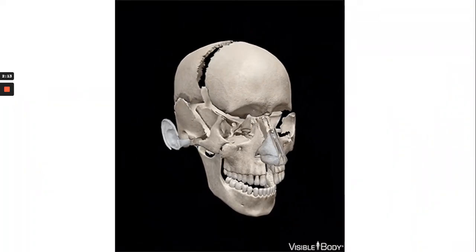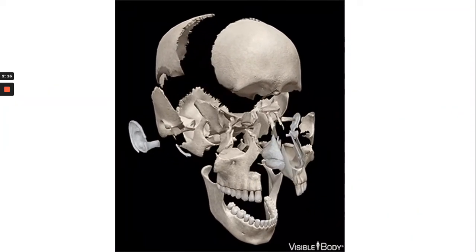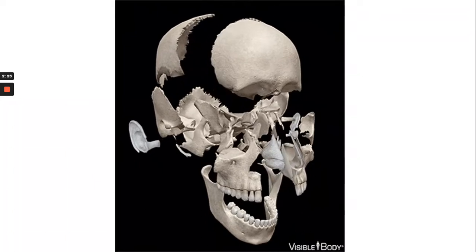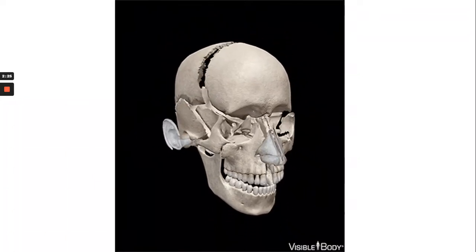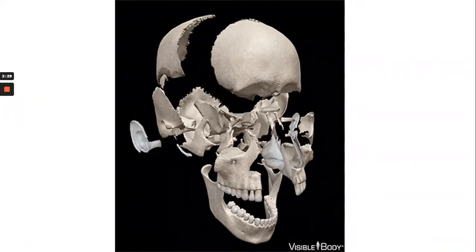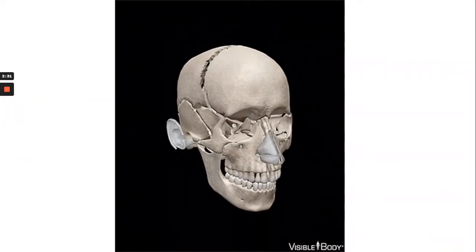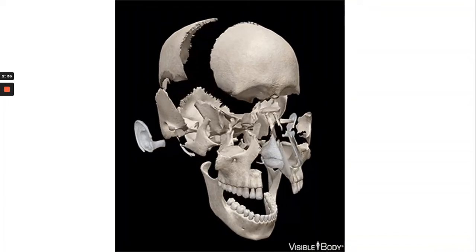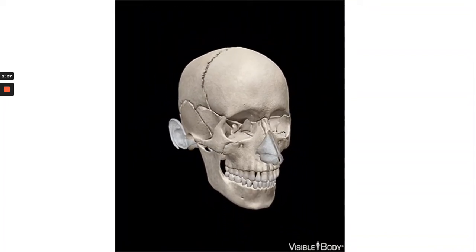The functions of the skull. In humans, these sensory structures are part of the facial skeleton. Functions of the skull include protection of the brain, which we already all know, fixing the distance between the eyes to allow stereoscopic vision, and fixing the position of the ears to enable sound localization of the direction and distance